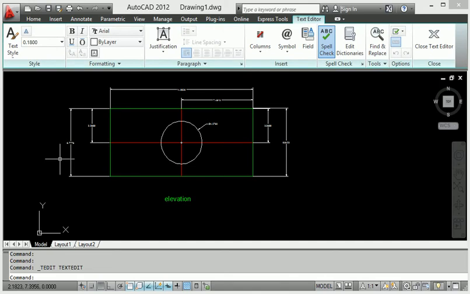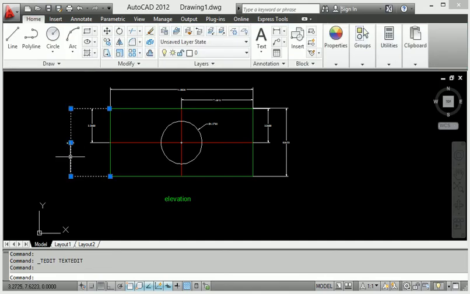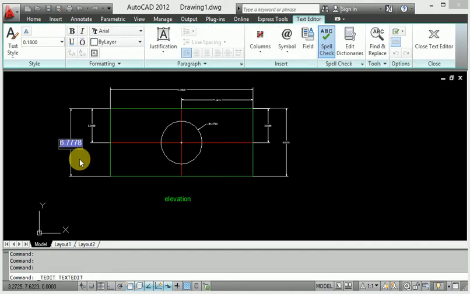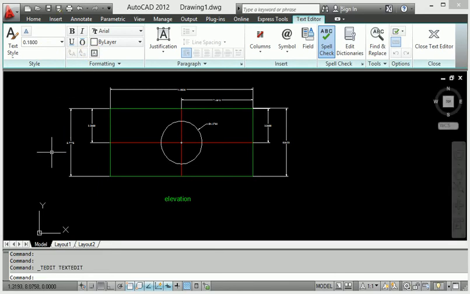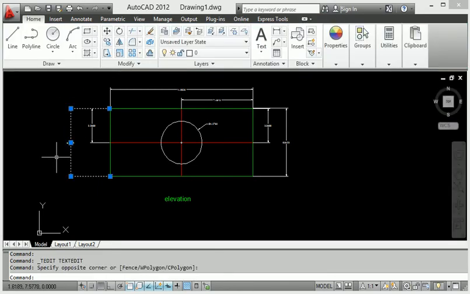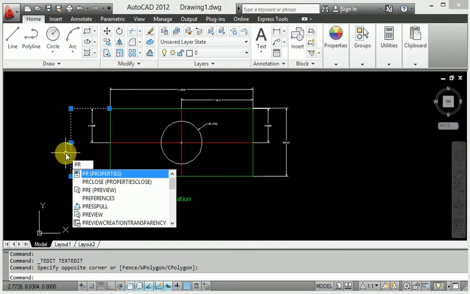Then if I double click here and come to property, look at this. When you click this line, you can change anything here. But when I click this dimension, where is the property found? So today I will discuss how to get the property. When you select this particular line that I want to increase or decrease, or select this dimension and line, then go to property. Press P, then enter. Look at this, I am typing PR, and it is here, property.